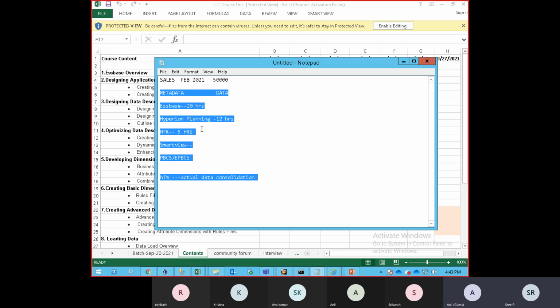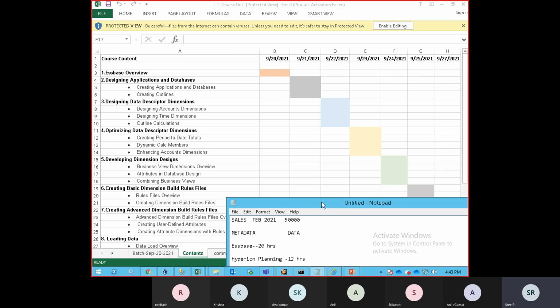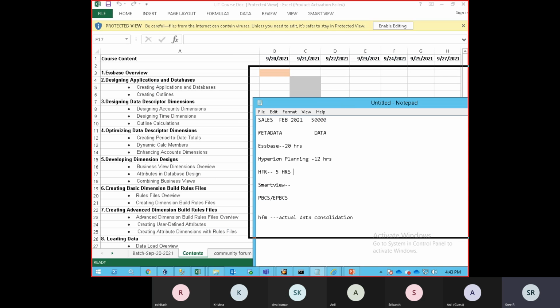Can non-technical background people also learn Essbase planning, or is technical knowledge mandatory? They need some technical knowledge, but of course we are going to give enough training for you to understand. It's not rocket science. It's very simple, just navigation. If you follow from day one whatever we are discussing, you can easily understand. It's not a big deal. I am going to explain in detail why we are doing what we are doing.